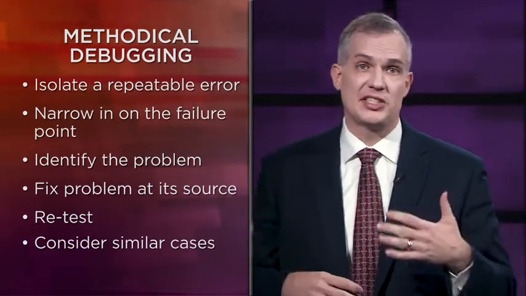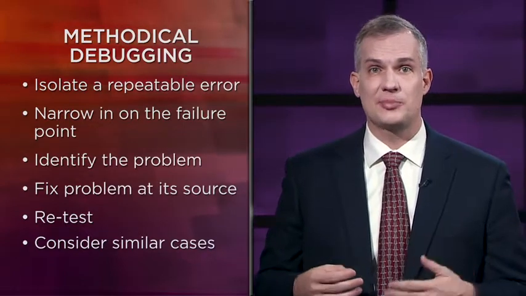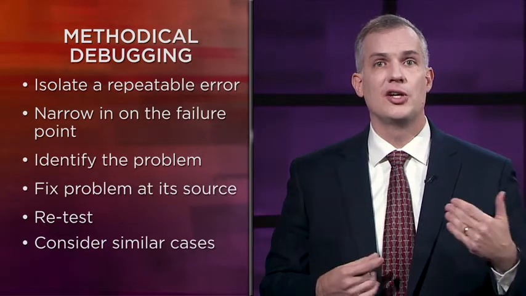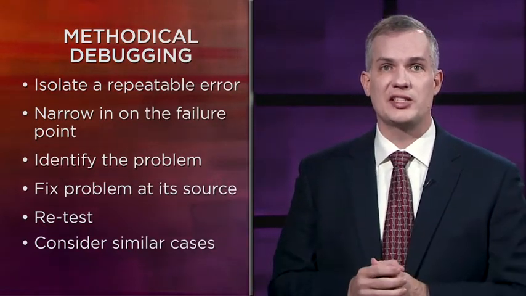So, let's discuss this entire process of debugging, where the steps are isolate, narrow, identify, fix, retest, and look for similar cases. The first step is to isolate an error. This is where the test cases that we came up with before come into play. We want to run tests until we can either not find any tests that give problems, or we find a test that gives a repeatable error. Now, it's important for the error to be repeatable. We want to make sure that every time we run the program with that test, we get the same incorrect